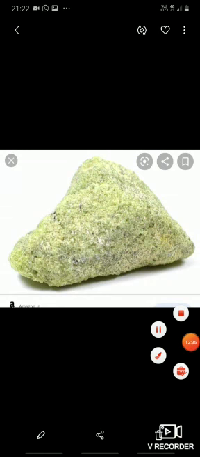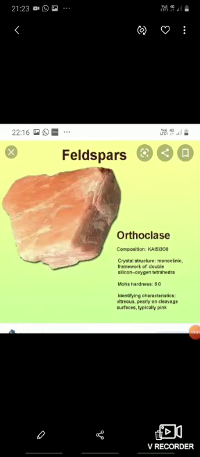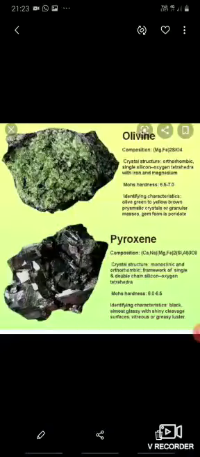Next one is the pyroxene group, in which the picture shown is the olivine mineral. As I have told you, the feldspar orthoclase composition is very important. Feldspar, this one, is potassium aluminum silicate, and the other properties are given here. Next, I have told you, the pyroxene group of minerals. Pyroxene composition is calcium, magnesium, sodium silicate. Another one is olivine, a very important mineral. Magnesium iron silicate. It is exactly olive color, as I have shown in the last picture. On the Mohs scale of hardness it is 6.5 to 7. Identifying character is olive green or yellow brown in color.